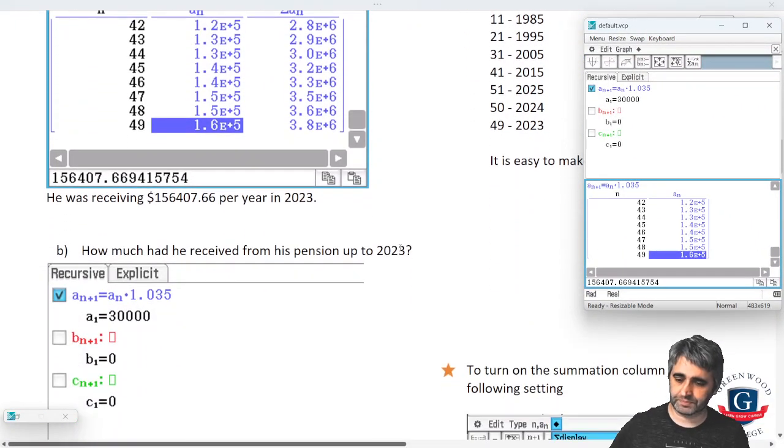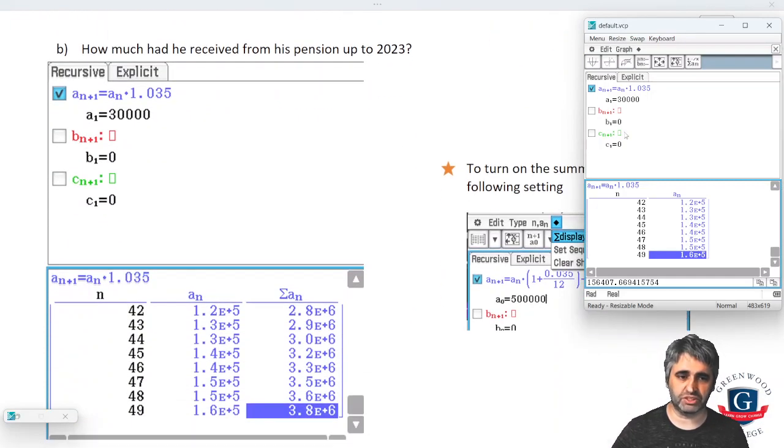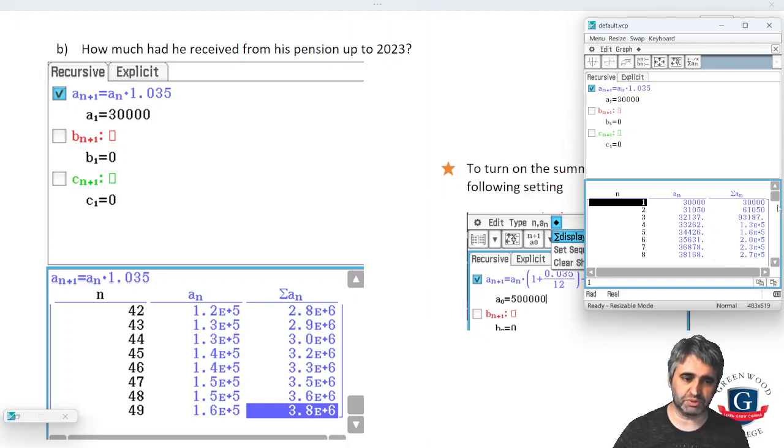Let's keep going. So the next question is, how much did he receive in his pension? Well, we can get that by clicking this button here. I have to click up here first, then click there, then get the sum display and turn it on and recalculate it. And now over here, it's adding up the amount that he's earned for each period with the last period. So if we get down to 49 again, we can see that he's earned